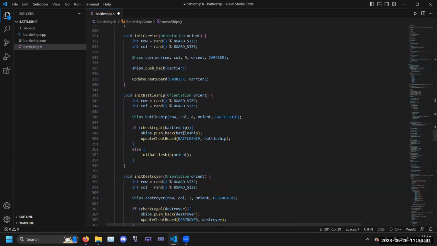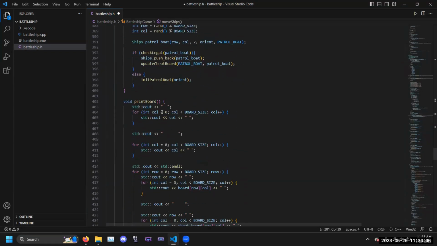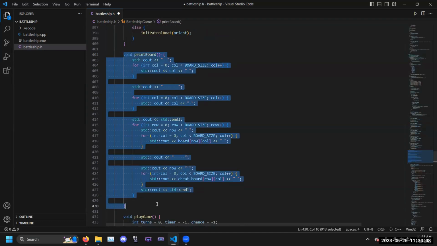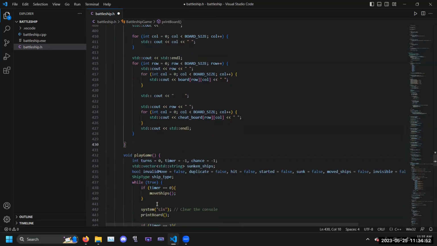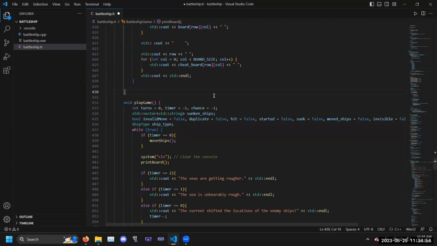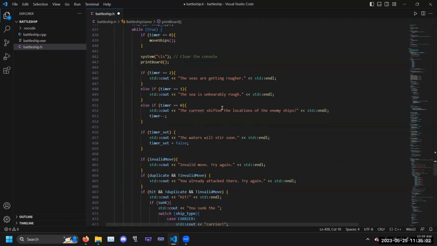This is a whole bunch of initializations for starting the game, just initializes the beginning of the ships. This prints the board every turn, so that you can see both boards when you play the game, and then this is the actual game function. So this is basically the battleship game. The first function here is